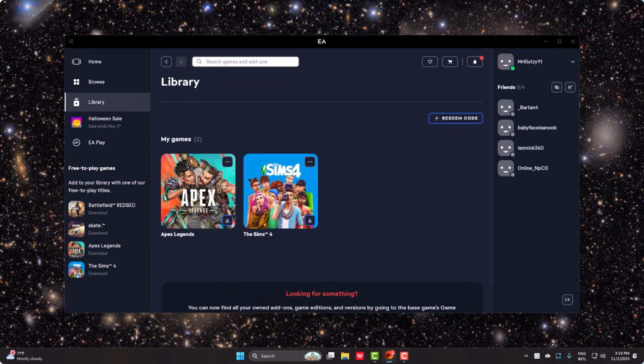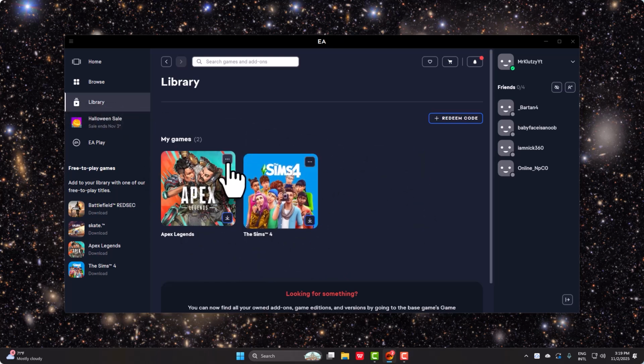So first things first, simply go ahead and launch your EA application and go to your library. I've not installed any of the games. In fact, I'm just going to show you how you can do it right through here. So click on library and on my games, click on this triple dot icon. Right now it only says download for me. However, it's going to say something along the lines of manage for you. So all you need to do is click on manage and then uninstall and then reinstall it back into your